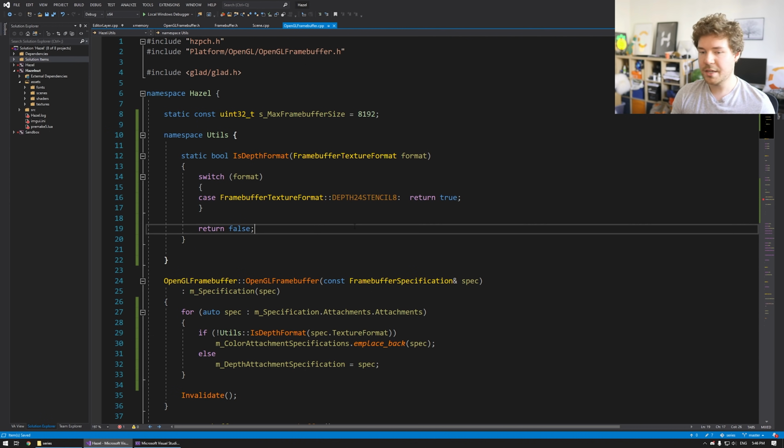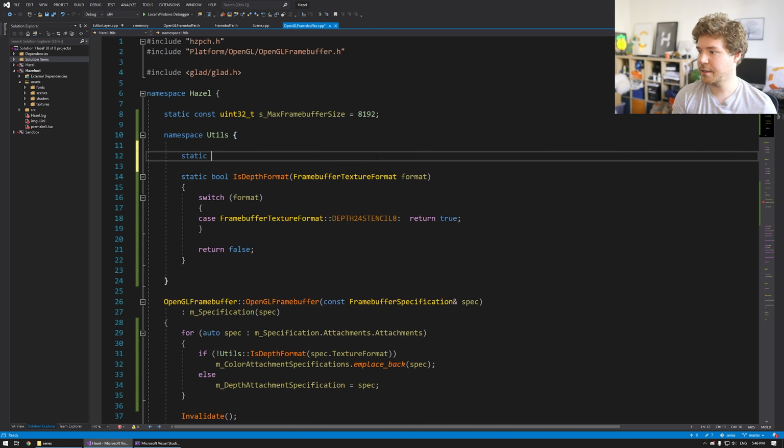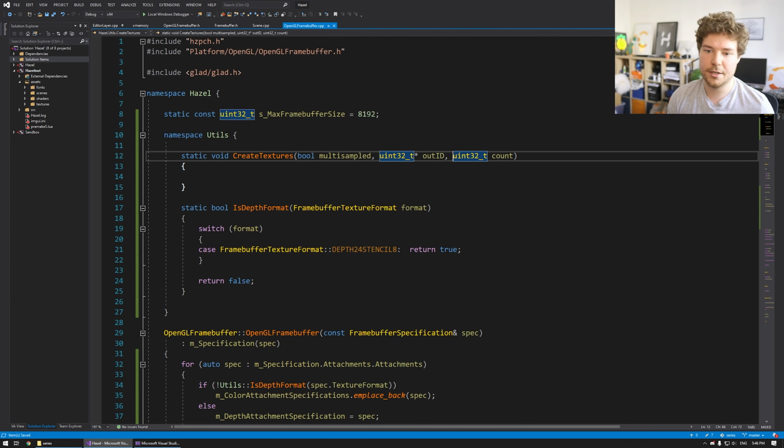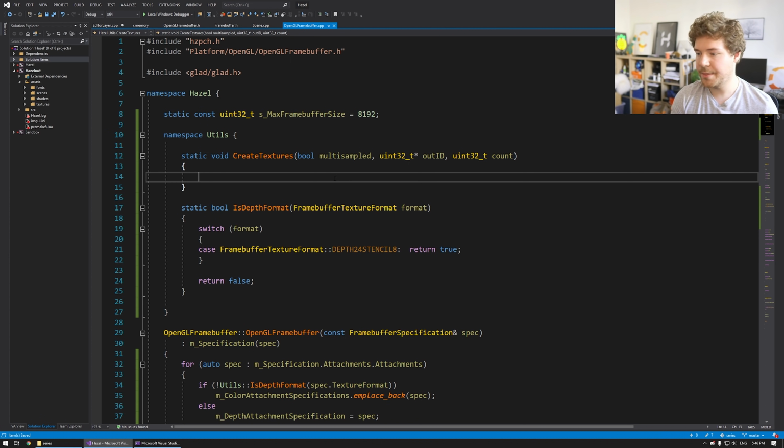So what this is going to be is basically static void create textures, bool multi-sampled. And then we're going to have our uint32_t, which is really just a GLuint. Probably should use OpenGL's type, but do add ID and then count. So that's going to be where it stores the outputs. And then we do glCreateTextures. We'll run another function called texture target with multi-sampled, and then we do, oh,